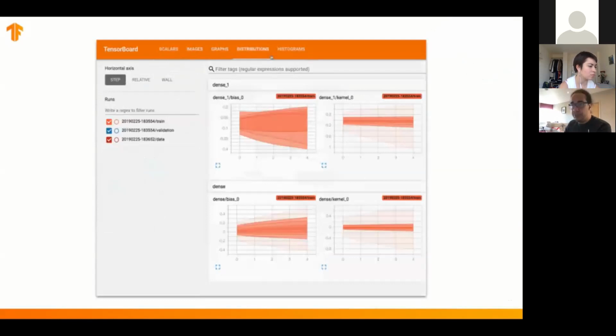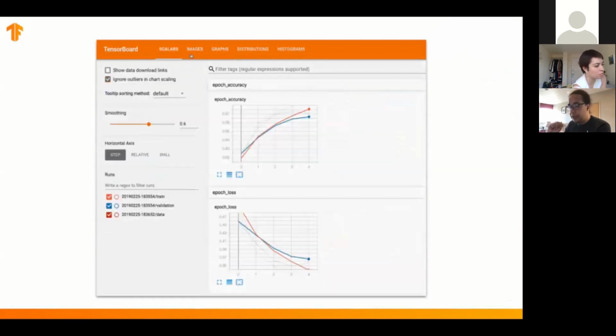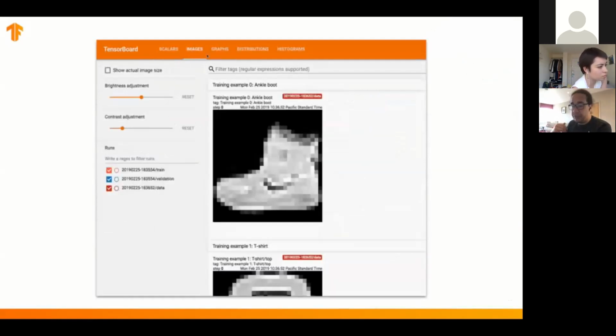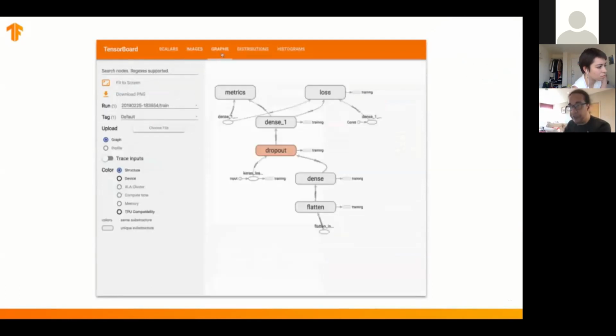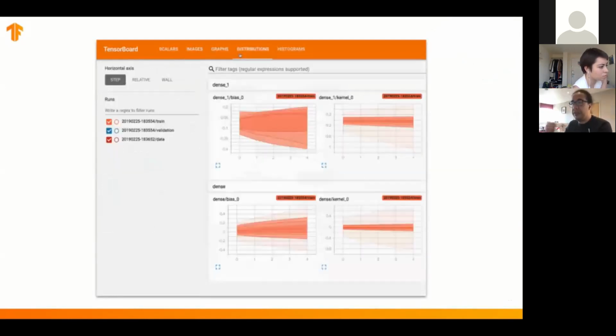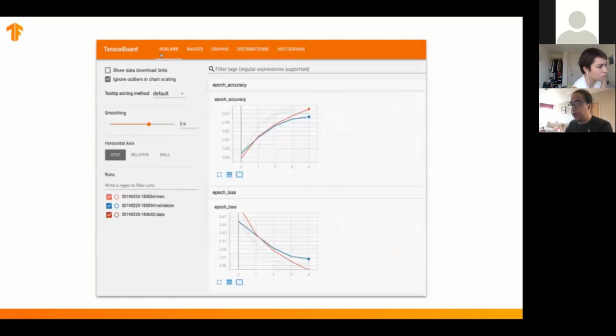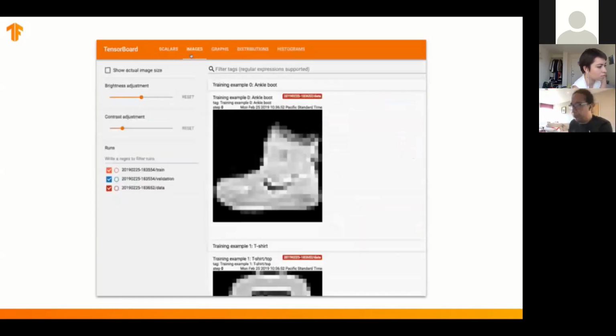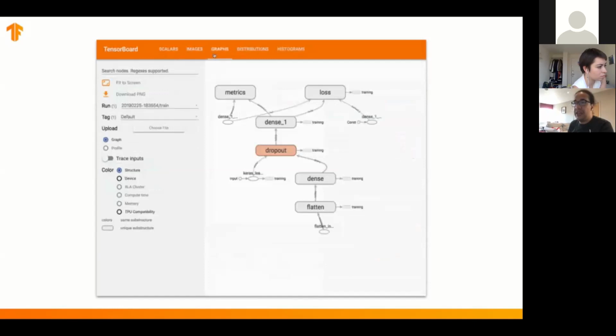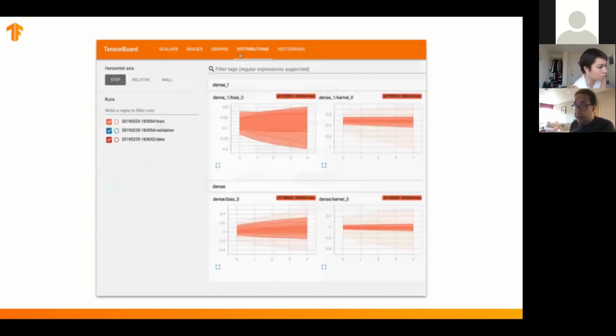You can see if there is some overfitting of your model already. You can see if there are classes that are not trained well for lack of data or for some kind of bias. You can do a lot of things on TensorBoard.